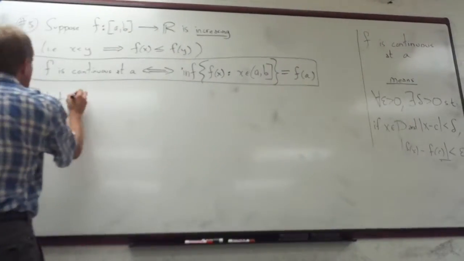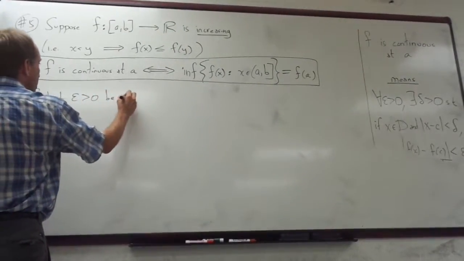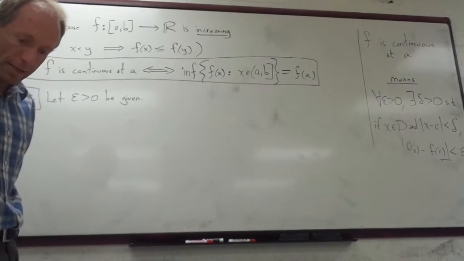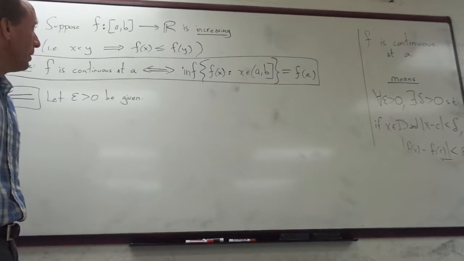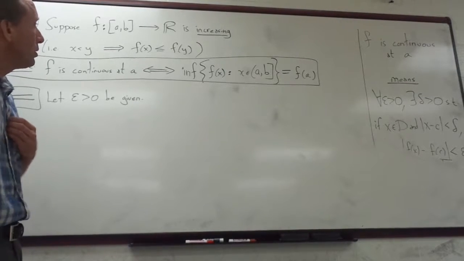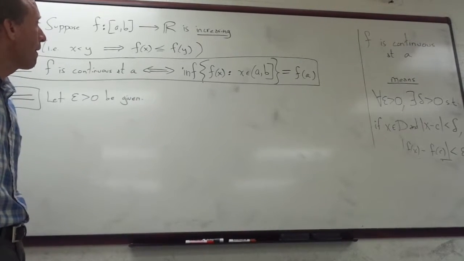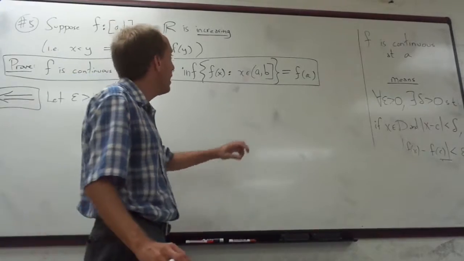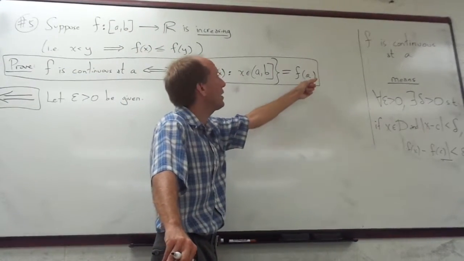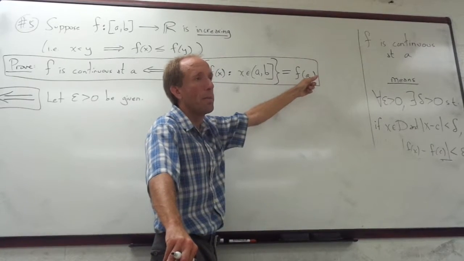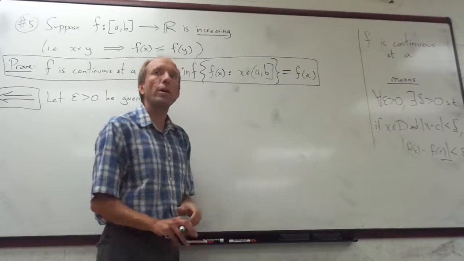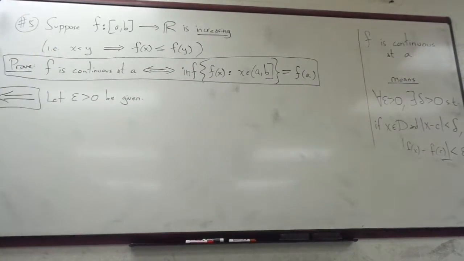So I'm going to start off now with this direction. We start off with let epsilon greater than 0 be given. And our job is to come up with a delta. Okay. So the greatest lower bound of the set of f of x's is this. So anything that's bigger than f of a is not a lower bound for this set. Is there a way of making something that would be bigger than f of a